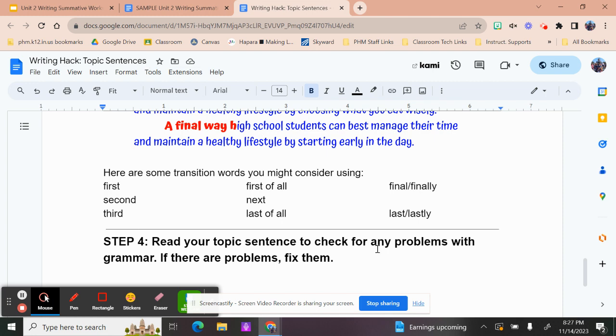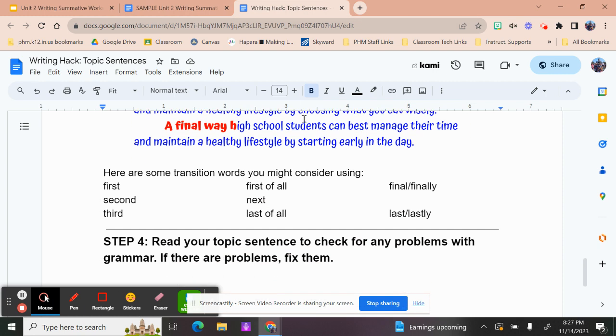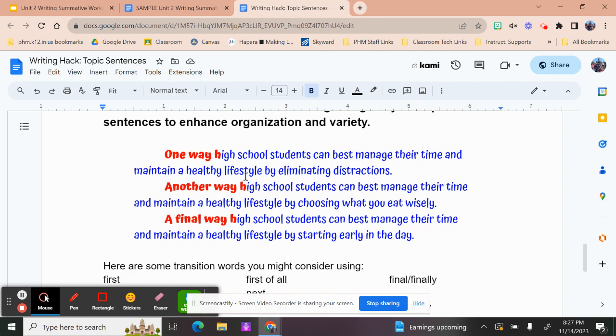There's a lot of different combinations that would work here. But you just want to use them in a way that shows the order that they're coming in. So obviously we wouldn't be using next for the first body paragraph because it's not coming after anything. It's not next. So anyway, I'm going to go ahead and use one, another, and a final,